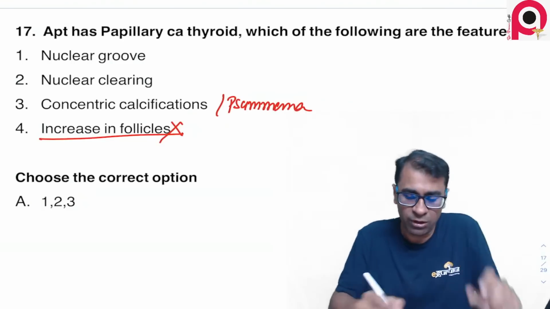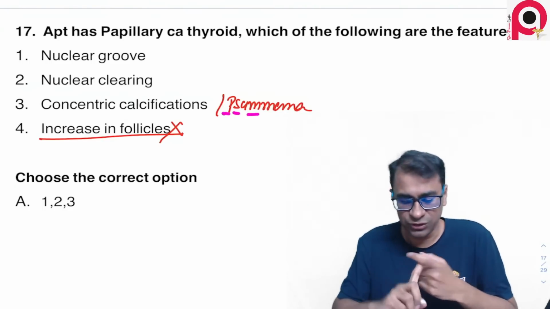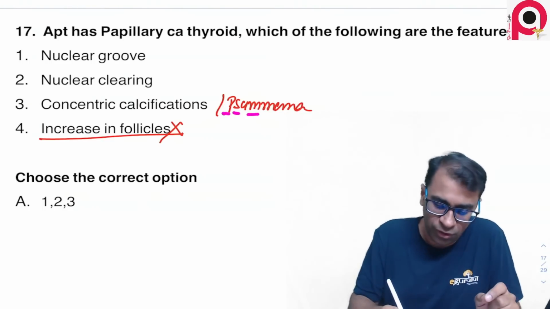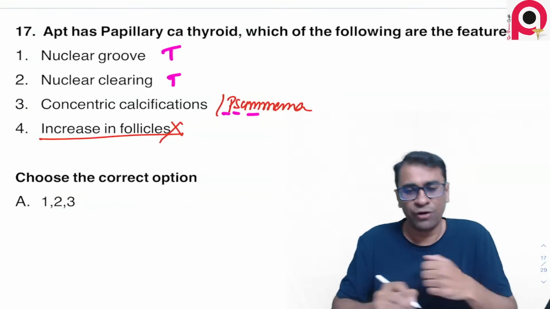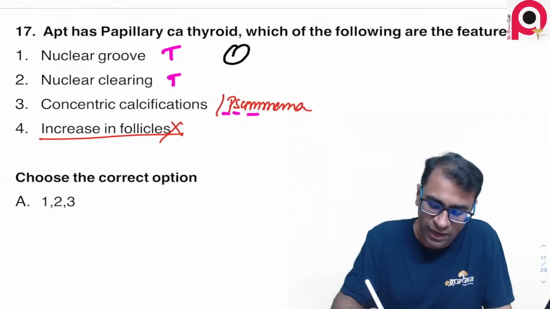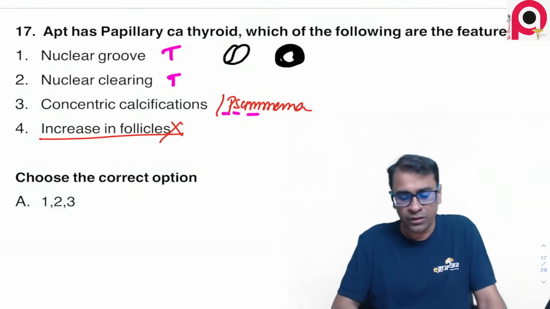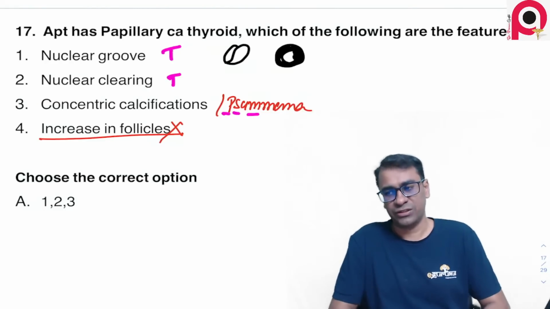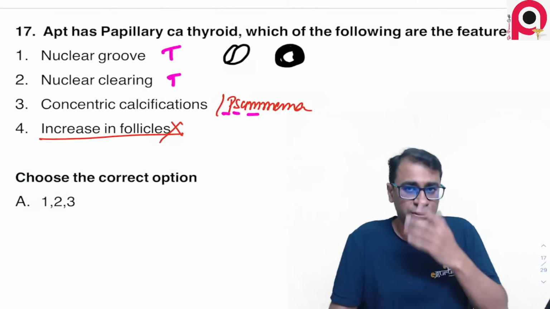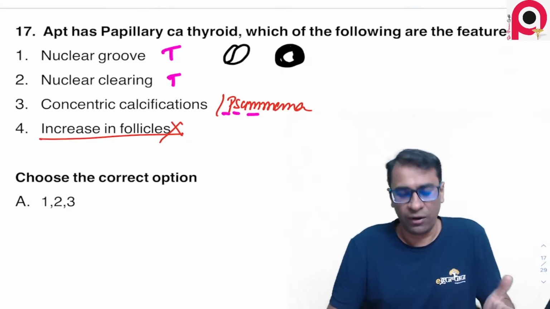Psammoma body का simple mnemonic में पढ़ाता हूँ आपको: PSM, मतलब papillary carcinoma, serous carcinoma, and meningioma. Nuclear clearing is also the right option, and nuclear grooves are also seen in a case of papillary carcinoma. So usually they show you the nuclei like this, or you can see the nuclei like orphan Annie nuclei, and definitely they can show you the concentric calcification. Most of the options were having the nuclear grooving, so I don't think that might have confused most of you who have given this option.